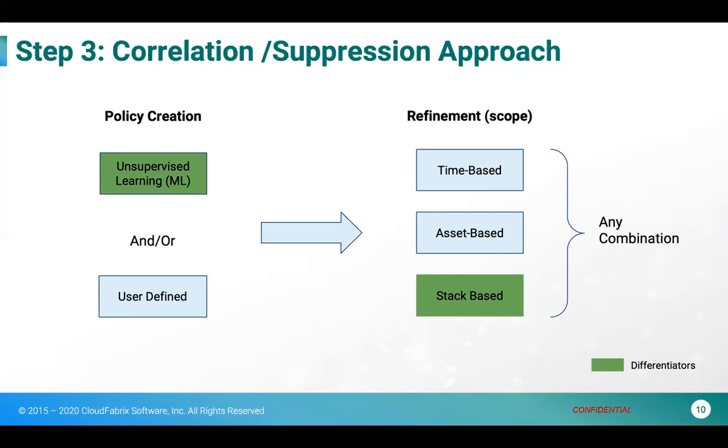I'll look at all the alerts, see which correlation policies I have to apply, and then group them as one single incident. So that is typically how you achieve your alert noise reduction, by grouping them with a common root cause, and that is where the policies come in. So it's very important to make sure that you have the flexibility, and these are the filters you have, to cover all the scenarios you need.